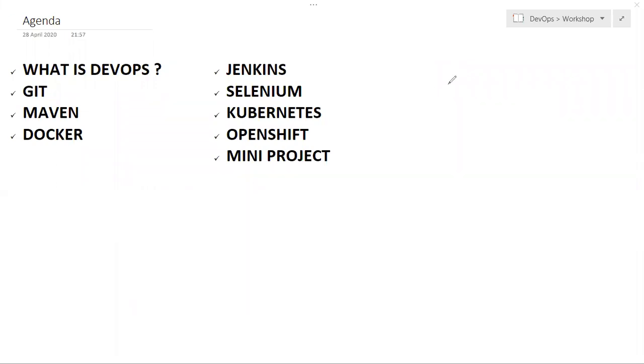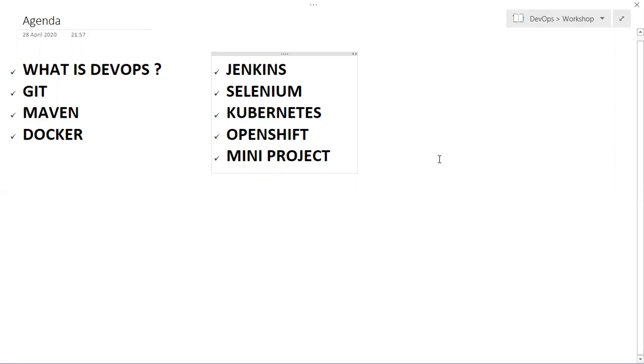We will create one sample Spring Boot project using Maven. Part 2 will cover Jenkins, Selenium, and Kubernetes, and we will create a project covering the end-to-end DevOps methodology. We will create simple code using Spring Boot as well as Angular, with Spring Boot as the backend and Angular as the frontend. We'll develop the code, create the Docker images using Jenkins, then deploy the code to Kubernetes using the OpenShift tool. So we'll do the end-to-end project.